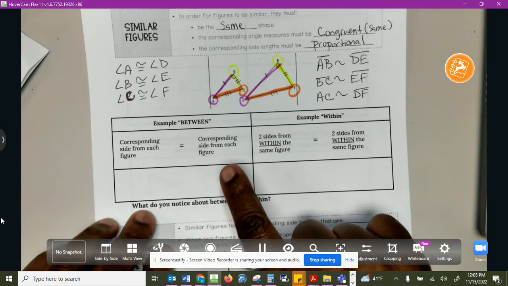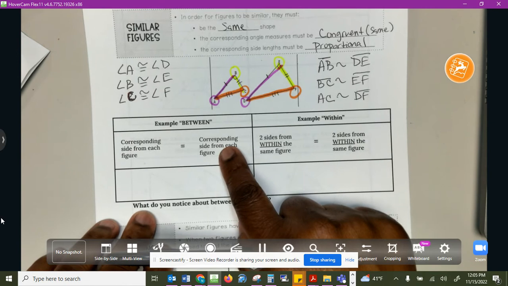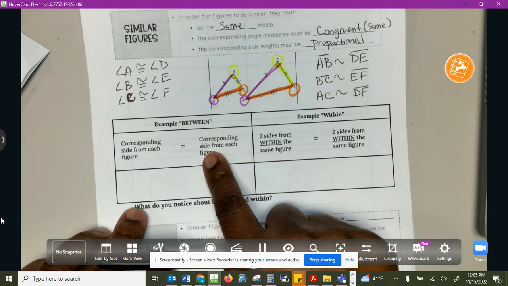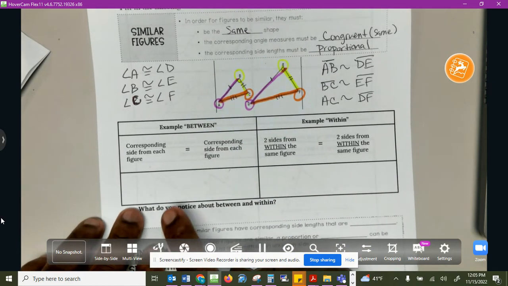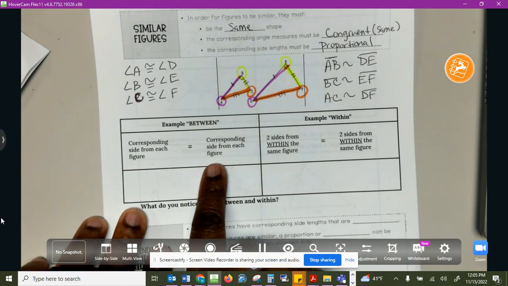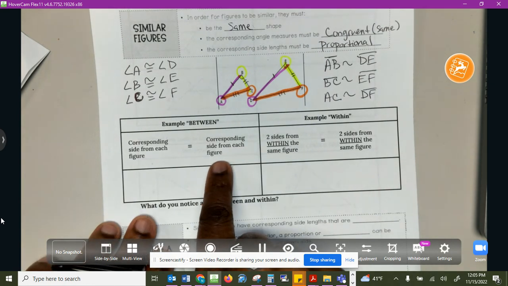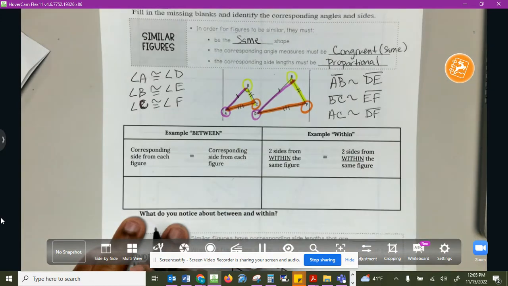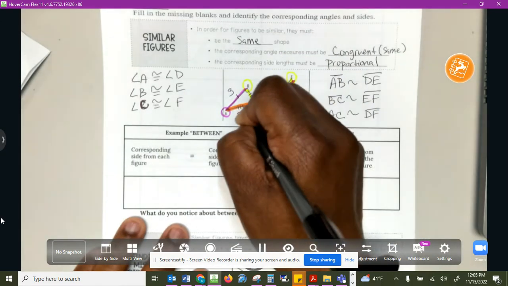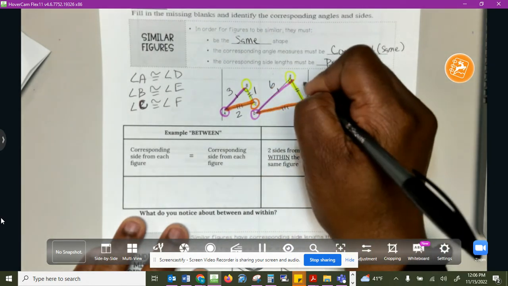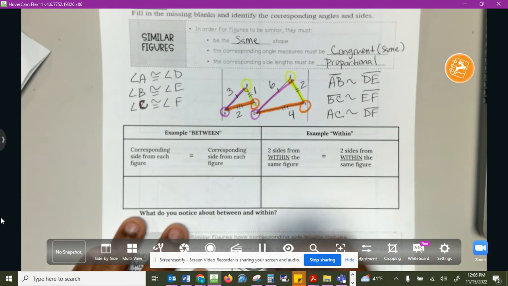So now let's talk about, and in some of our classes we did talk about, what's the difference between and within. So when we're talking about between, that means that the corresponding side from each figure is equal to the corresponding sides from each figure. So what that would look like, for example, say if we put numbers on here. So if I said 3, 2, 1, and then for this one, if I use 6, 2, 4,